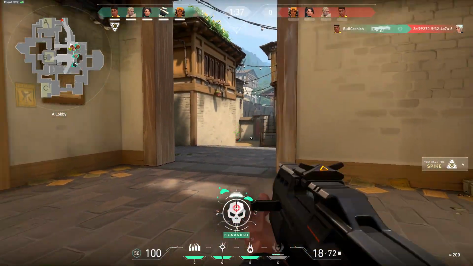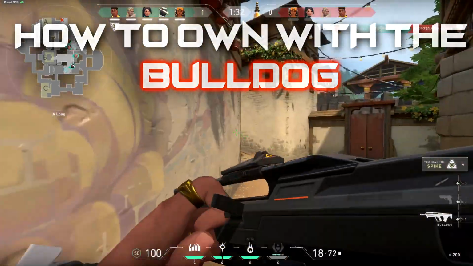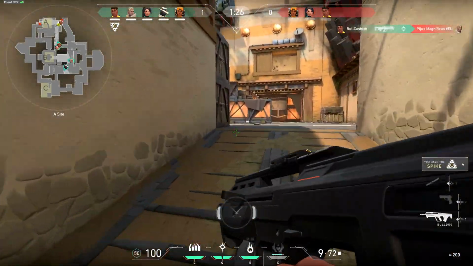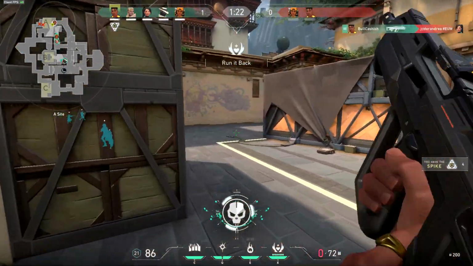Today we're taking a look at the Bulldog. The Bulldog is an assault rifle in Valorant that only costs 2100. It happens to be the cheapest assault rifle in the game and is the go-to for a lot of players who don't have enough money to buy the Guardian or Vandal or Phantom, but don't really want to spend money